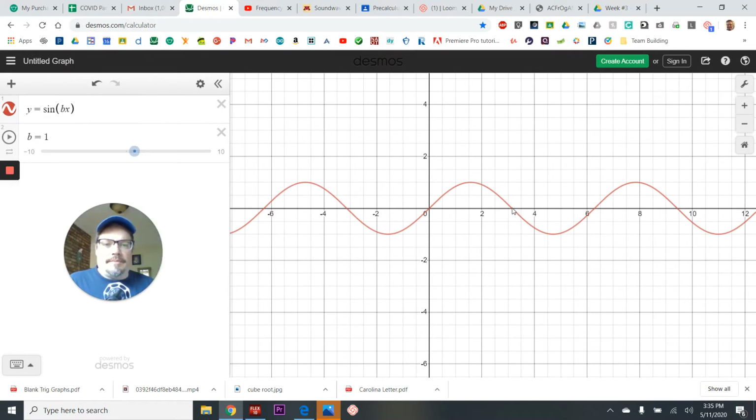Now we have here a sine wave, right? And you can see here that we put a little parameter b, and we have a slider for it in Desmos. Now I'm going to move that in just a second, but you can see when b is 1, it's its default position. Now the default position, sine, starts from 0 degrees, and as we move around the unit circle, we go up to,